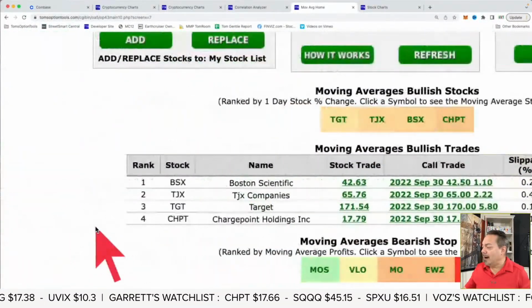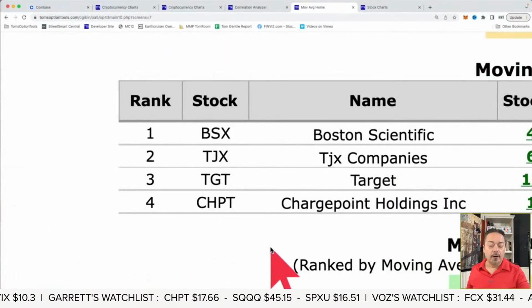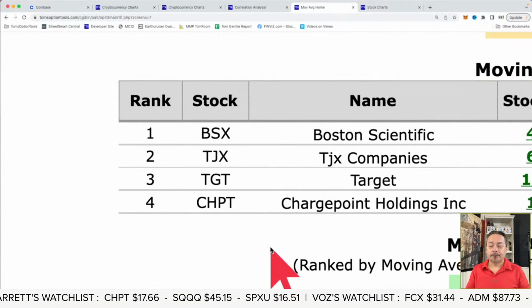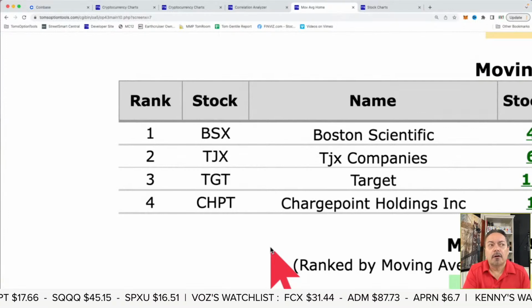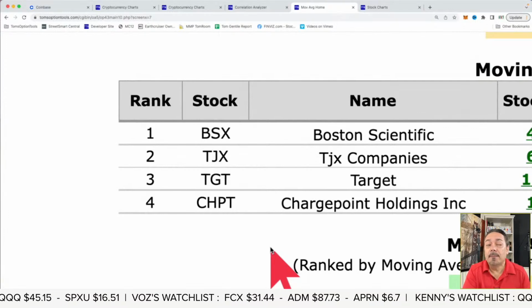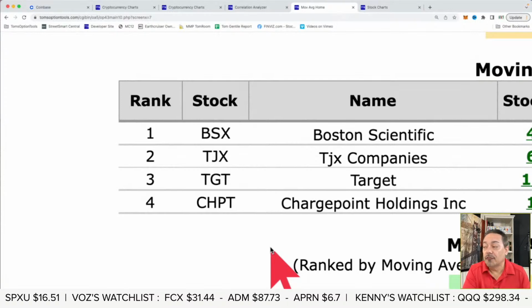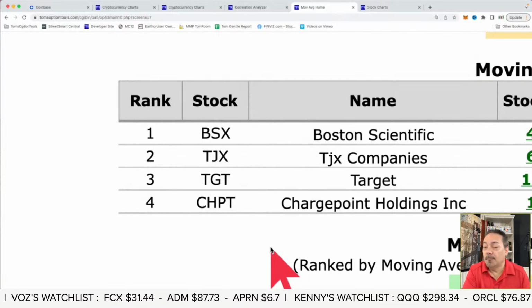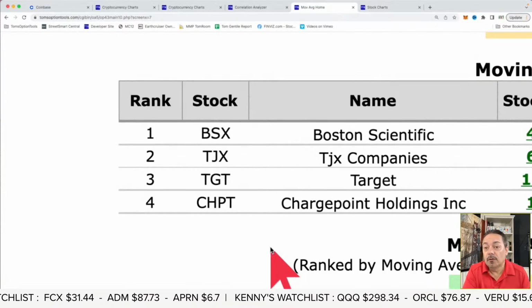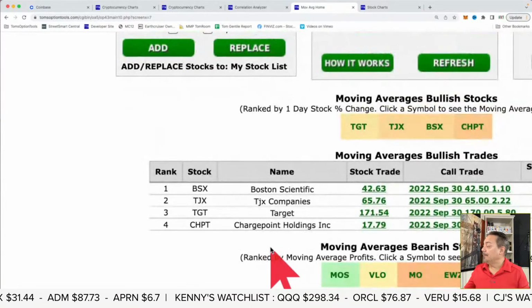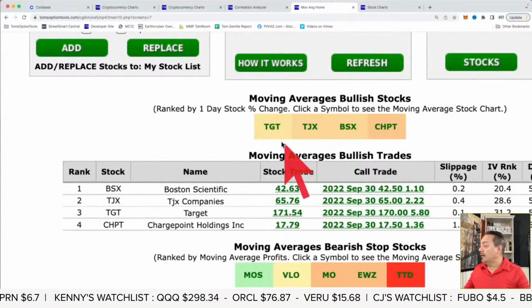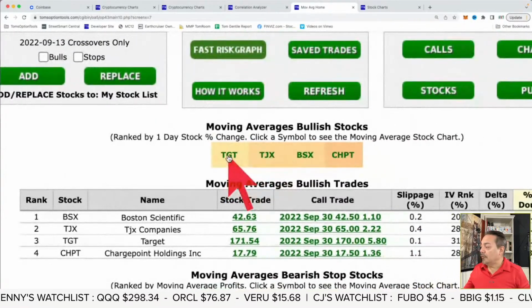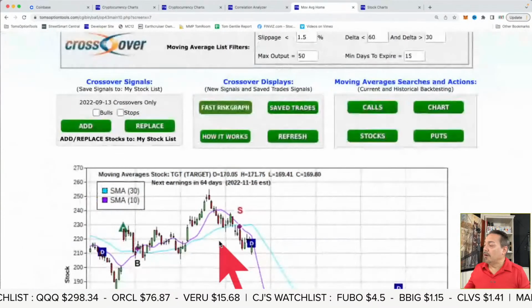So take a look at that list. I ran that list right before I came on the show. Wow. Out of 4,000 optionable stocks, Eric, out of 400 roughly that are in the penny, pilot, and weekly list, 4 came up as potential stocks that we can look at. Now, I'm going to do this real quick. I'm going to click on each of these because I have them right up here. And we're going to take a look at them. And I'm going to tell you right now whether or not I think they're going to pass.